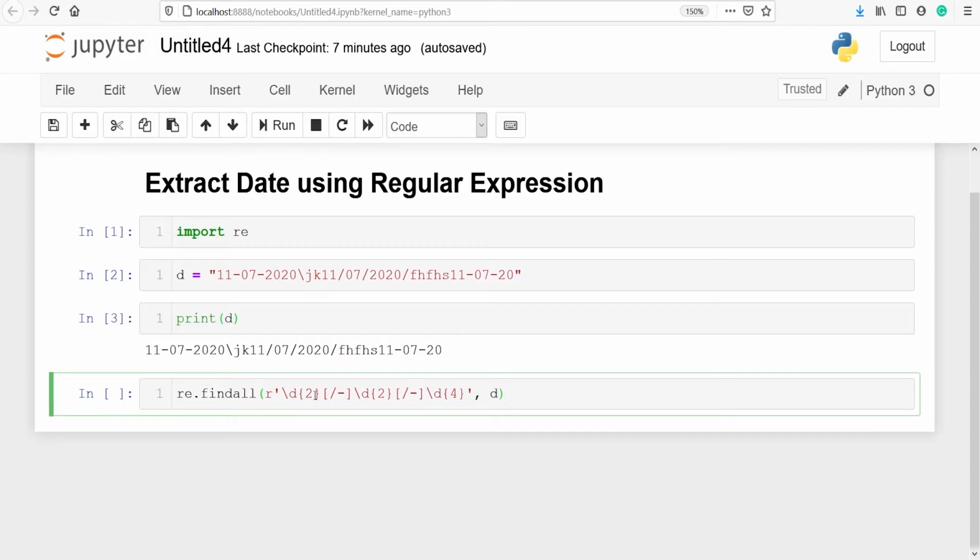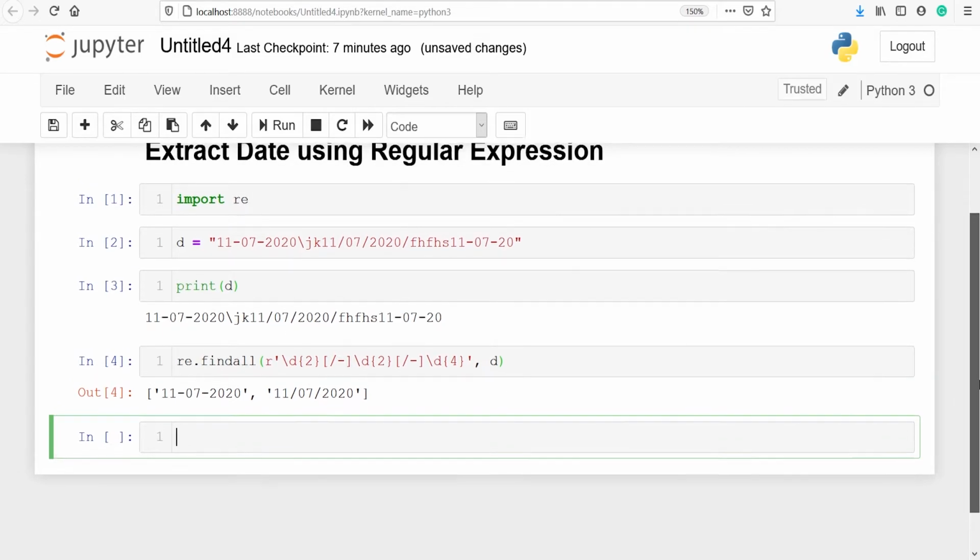The 2 here indicates we want two numbers because in our date we have two numbers. Then slash or dash means it should be separated by a slash or dash. Here we can see that it is separated by a dash, and here it is separated by a slash. Then again it should contain two digits because the month also contains two digits here, and it should be separated by a backslash or dash. Then last we want numbers, and the number should be four digits because 2020 contains four digits here. Let's execute our code.